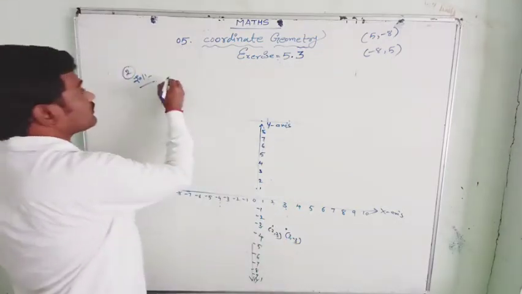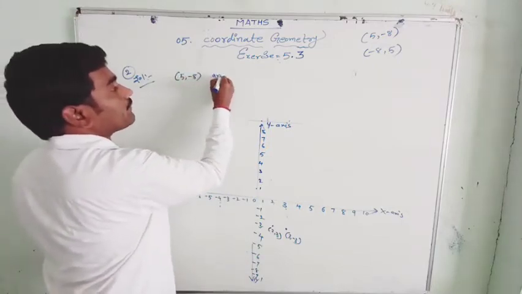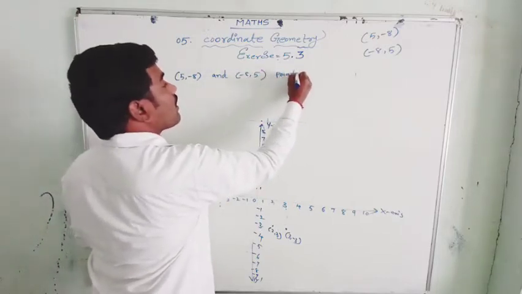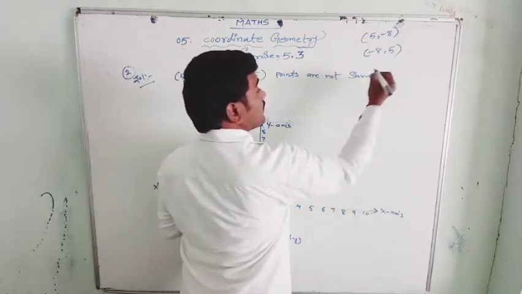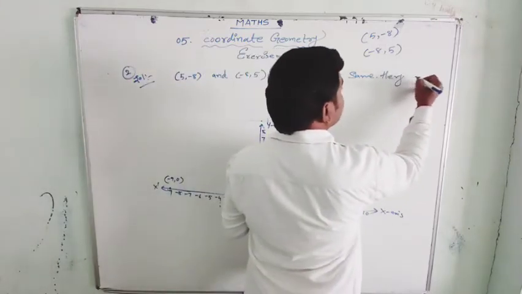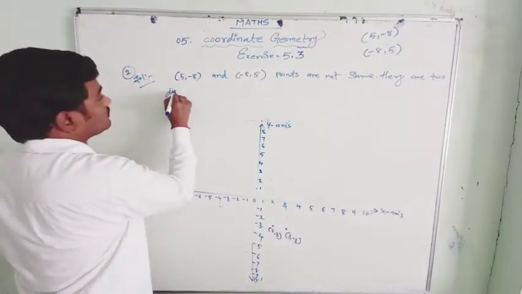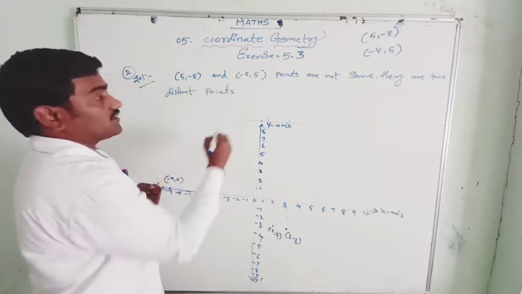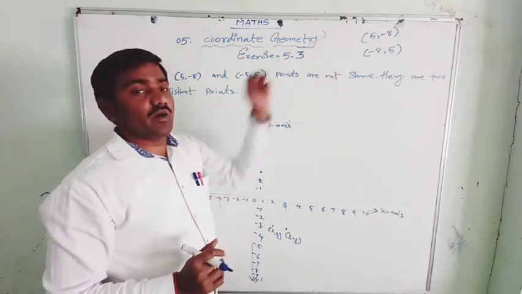No. Here the points 5 comma minus 8 and minus 8 comma 5 are not the same. They are two distinct points. Distinct points means the 2 are different points, because